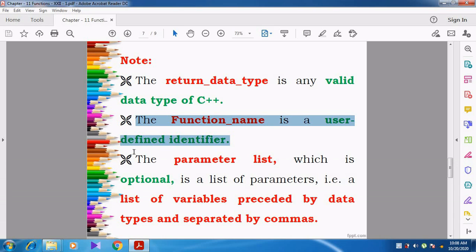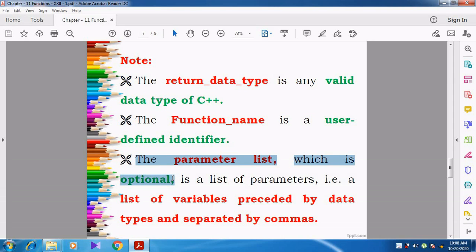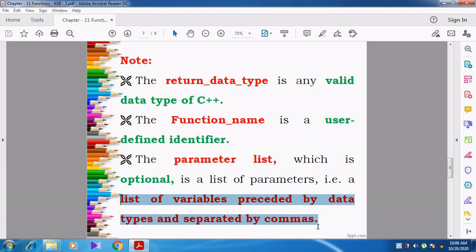And then the parameter list, which is an optional one, contains a list of parameters. What does list of parameters mean? It means a list of variables preceded by data type. So whenever we specify a parameter, we want to specify the data type of the parameter.